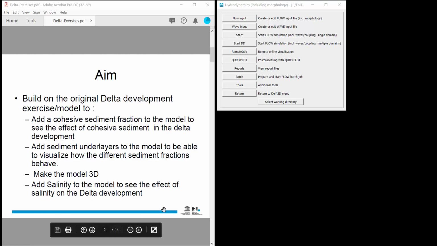The first thing that I want to do is build on the original Delta development exercise that we had: add a cohesive sediment fraction to the model to see the effect of cohesive sediment in Delta development, add sediment underlayers to the model to be able to visualize how the different sediment fractions behave inside the bed, make a 3D model for the case,